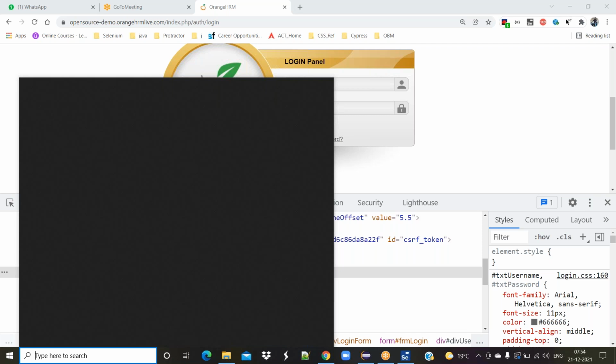What are those four attributes? Here they are: ID, class, name, and link text.